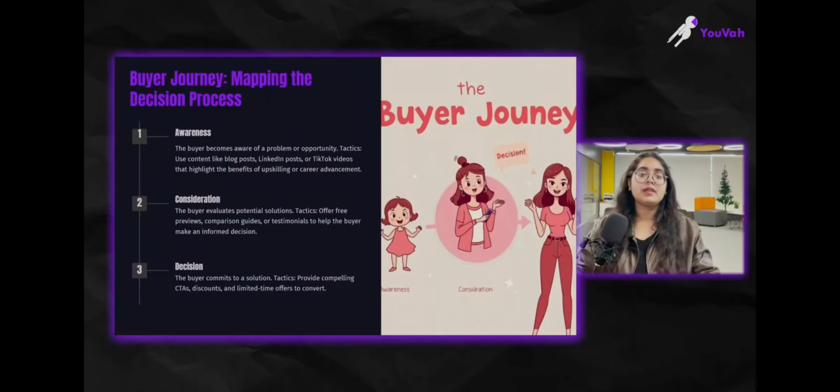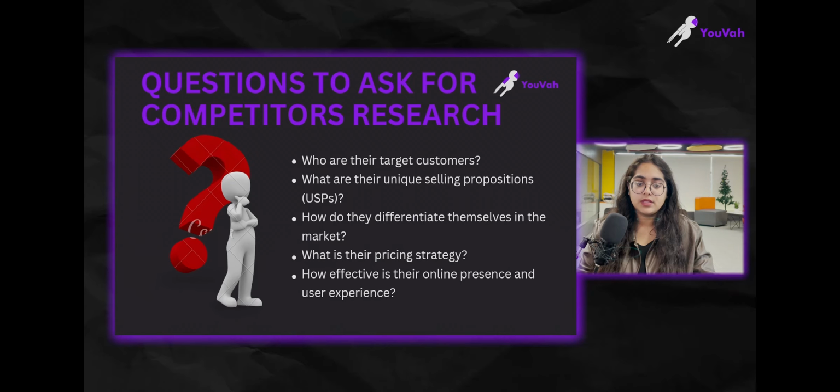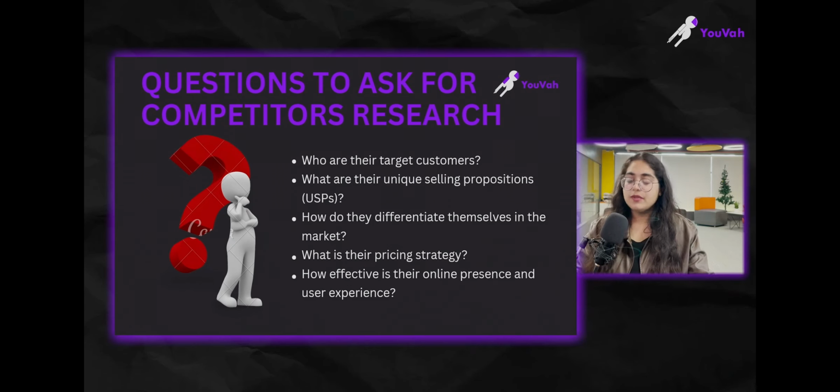All right, now let's proceed further ahead with the buyer's journey. A few seconds before, we discussed competitor research, so I think we'll move ahead with competitor research and then look at this particular example to look a little deeper into it, right? Some of the questions that you need to ask are: who exactly is your target audience, what is the current USP that they have, right? If you want to differentiate yourselves from each other, what exactly would you do?